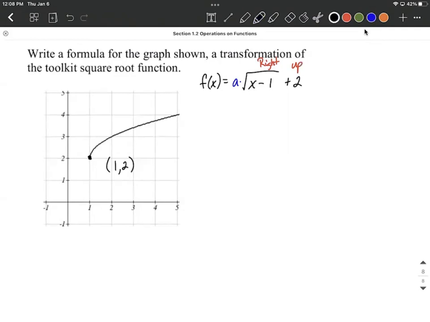The next thing I want to do is pick out one additional point that's on our graph over on the left-hand side. We have a couple candidates here. I think (2, 3), or it looks like (5, 4) is also on here. We could use either of these options to get to the correct answer. I'm going to choose (2, 3).